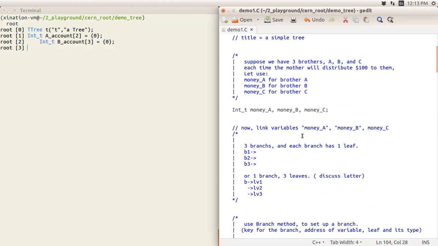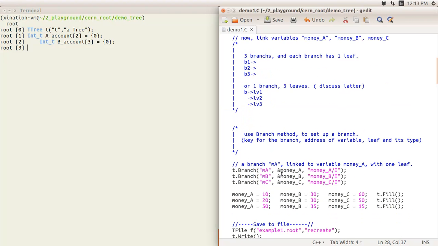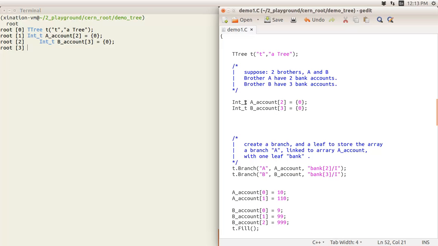It's not a variable, so you don't need an ampersand. But in example 1, this is not an array, it's just an integer data type, so in order to get the address you need the ampersand operator. But here it is an array with all elements of integer data type, so you don't need it because it's already an address. The only difference is you don't need to put the address operator. Then we declare the leaf here. Because this A account array has two elements,